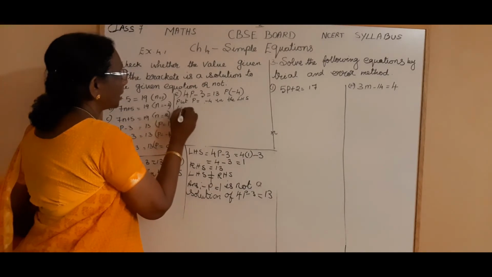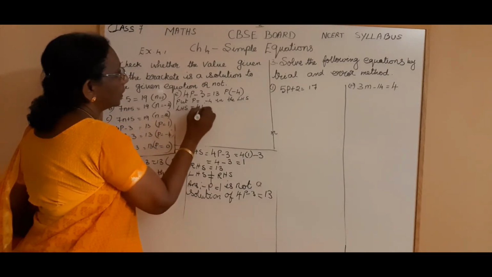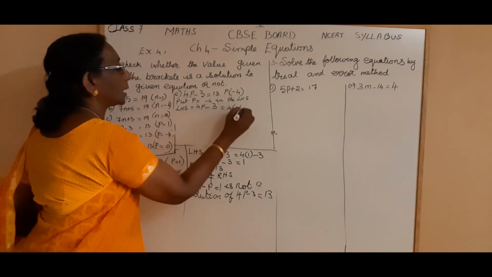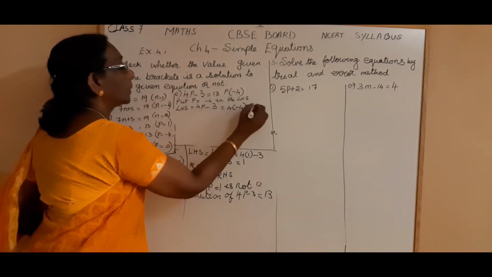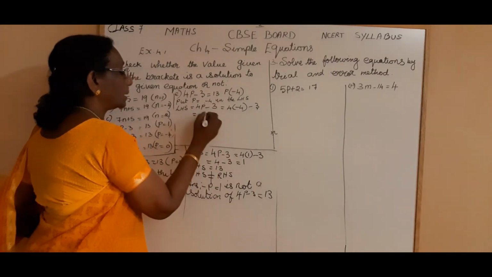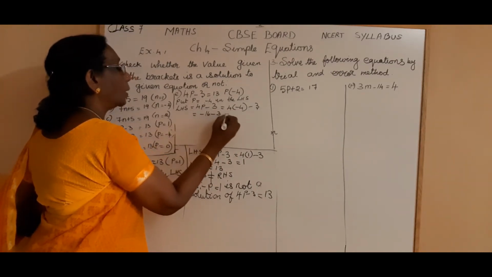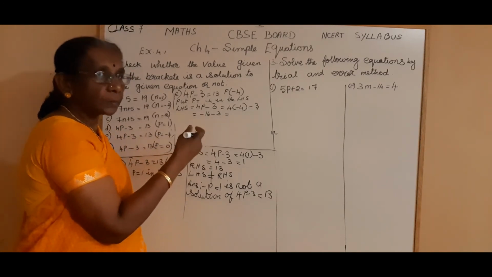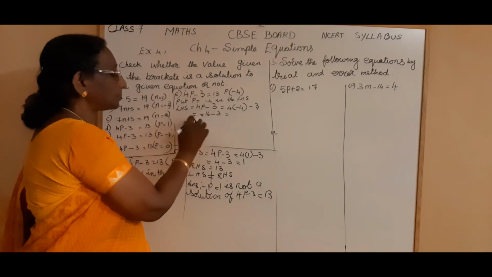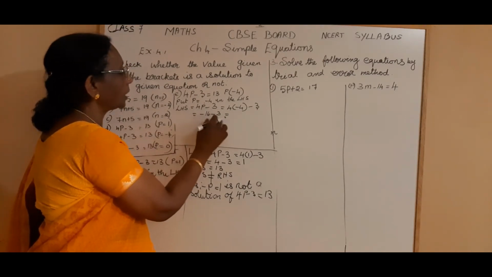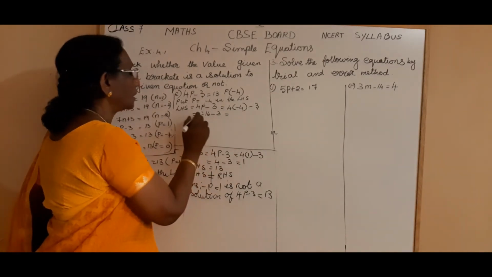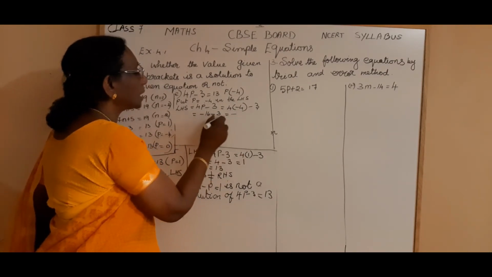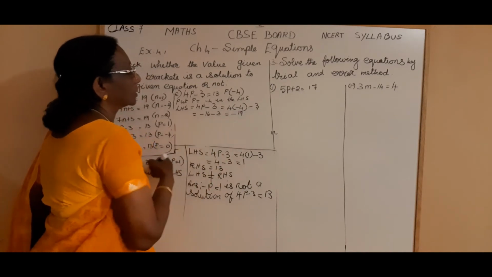So what will happen to the LHS? LHS is equal to 4p minus 3, that is equal to 4 into minus 4 minus 3. So minus 16 minus 3. Both are same signs. When you have same sign, how to simplify? Add the absolute values and put the same sign. Negatives and negatives, you will get the answer also negative. 16 plus 3, 19 negative.